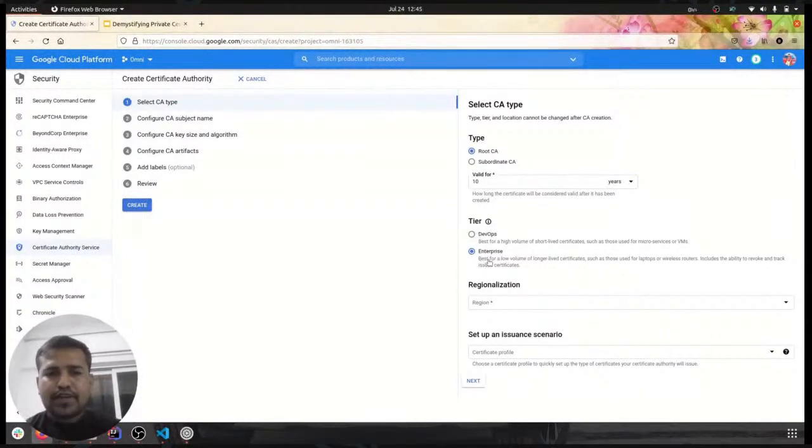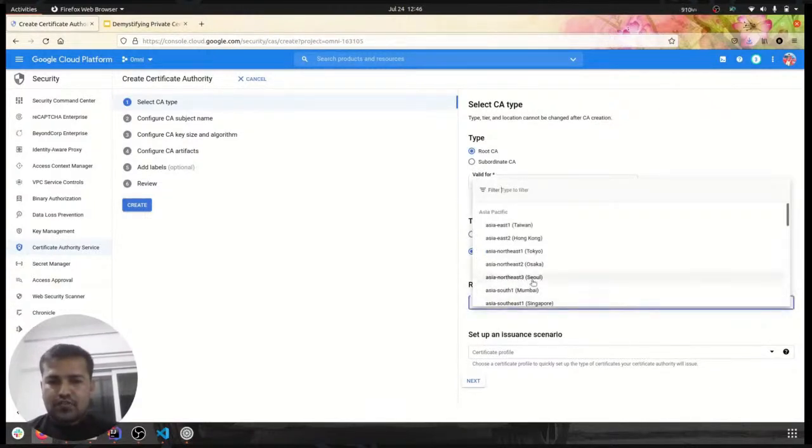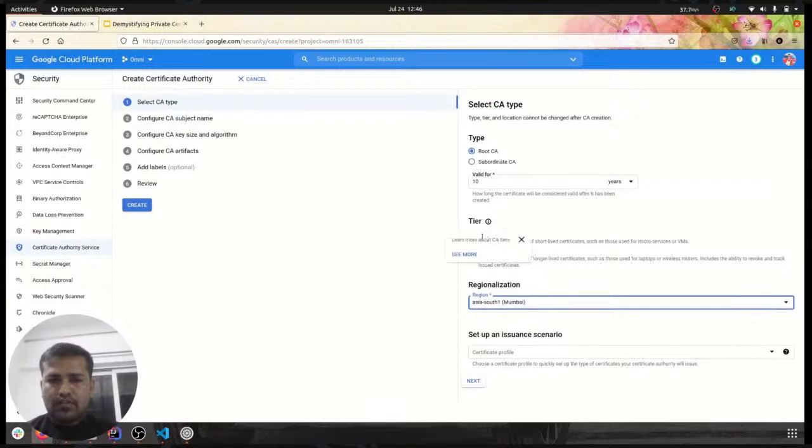DevOps and Enterprise are the two tiers available in Google Cloud. DevOps charges you $25 when you create the certificate authority. Enterprise charges more, around $120, I guess. Then you select the region. I'm selecting Mumbai here, and then selecting DevOps. I'm not going to create a new CA here because I have already got one.